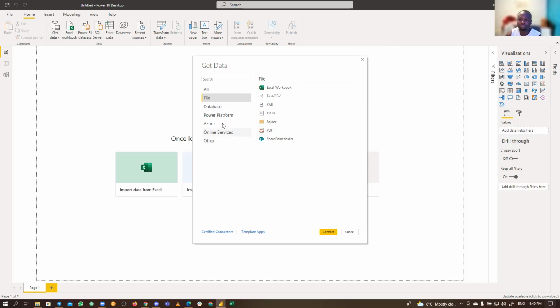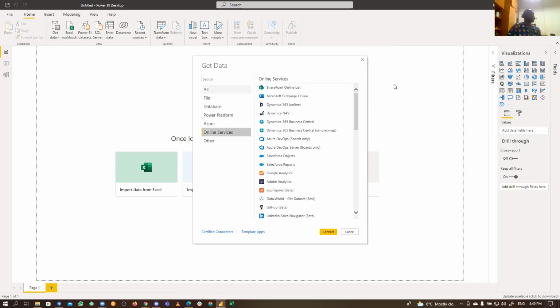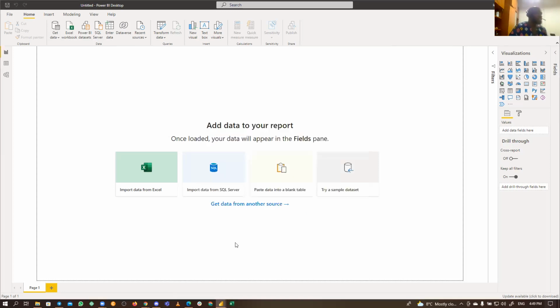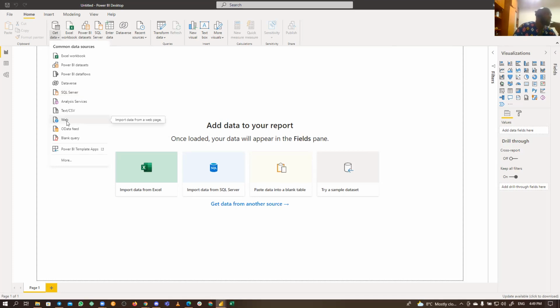Okay, so now let us connect. I shared something to our chat. It's a link. Just copy it, don't click on it. You can click on it if you want, but we don't need to, just copy it. Just right click on it or highlight it and press Control-C. So now we'll go to get data, then we are connecting to web.